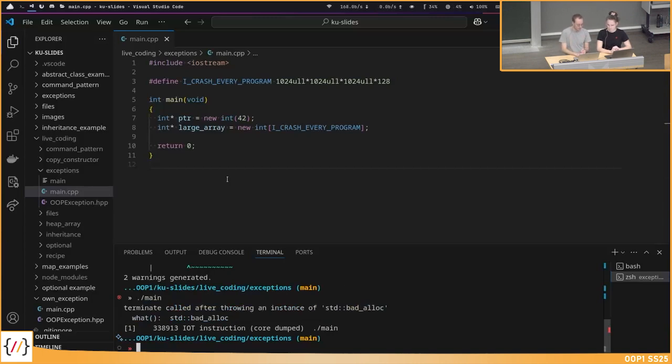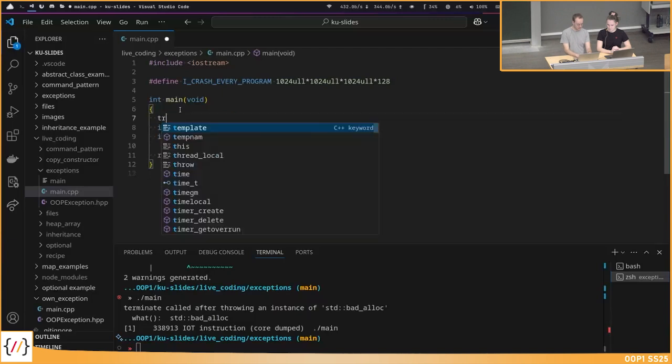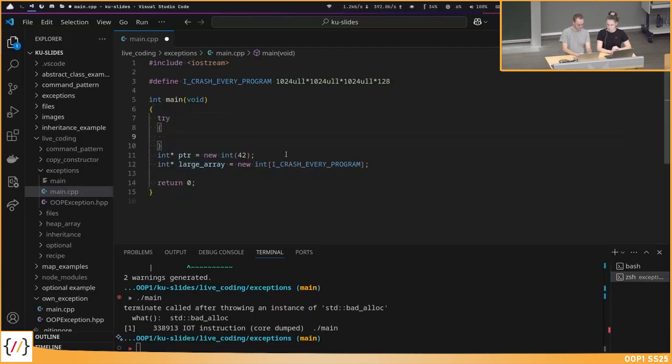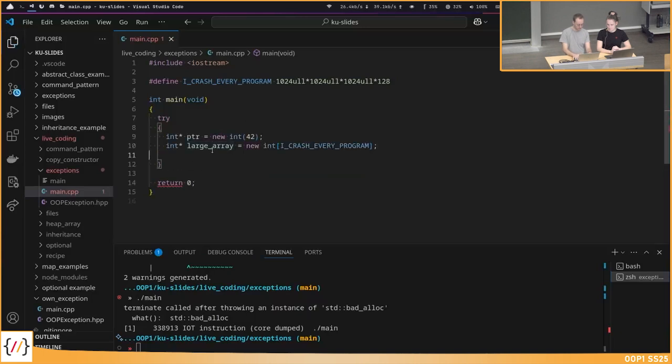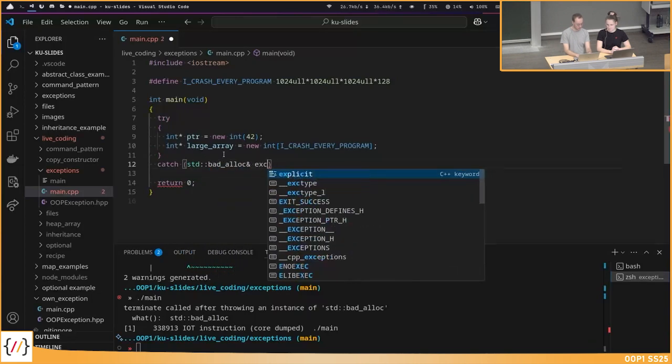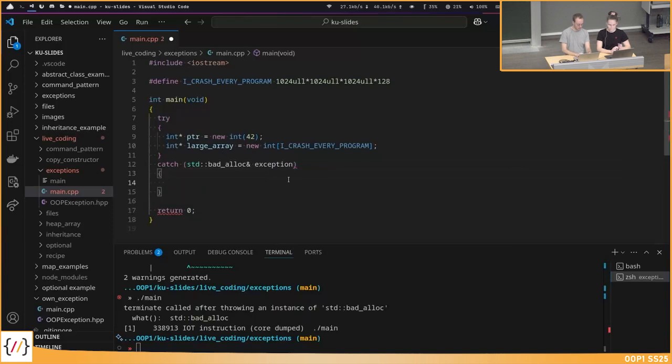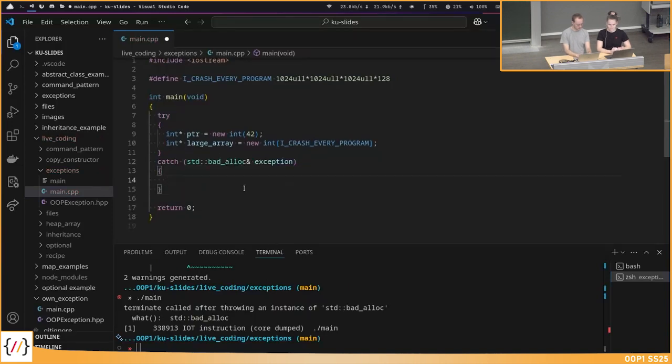Now I can implement a try block, and I will move the code here. Then we add a catch block here, and I want to catch the std::bad_alloc exception. Maybe call it just exception. We can always call the what method on the exception, which tells us the error of the exception.